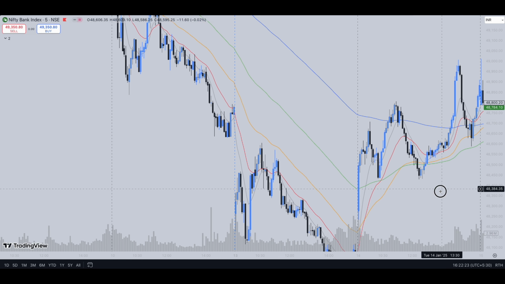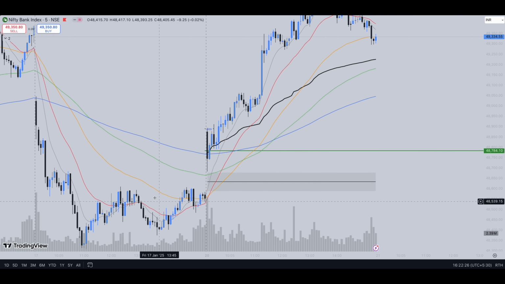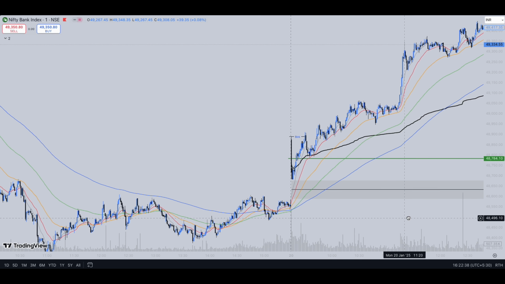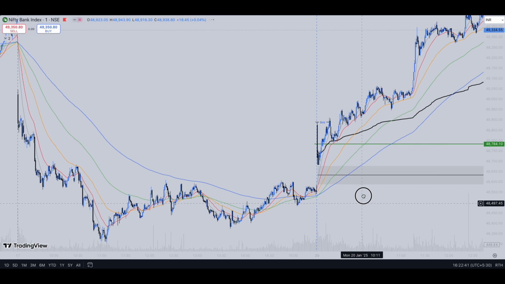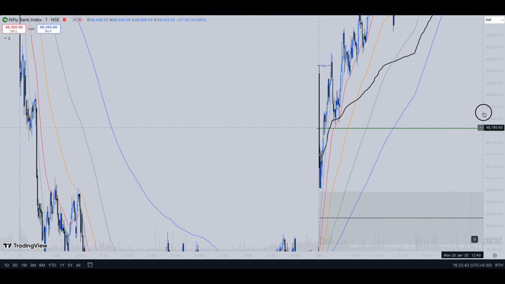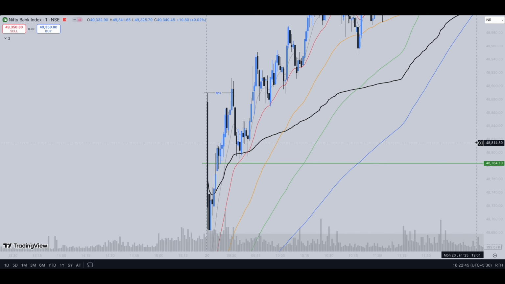And if you look at 5 minute time frame also, you can see here as the market gapped up, it couldn't cross the 200 moving average in 5 minute time frame. And here the market rallied upwards. And if you look at 1 minute time frame here, 200 moving average acted as support, and here VWAP acted as support, as well as